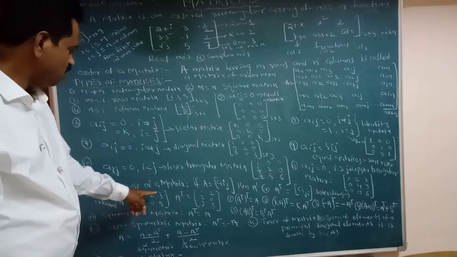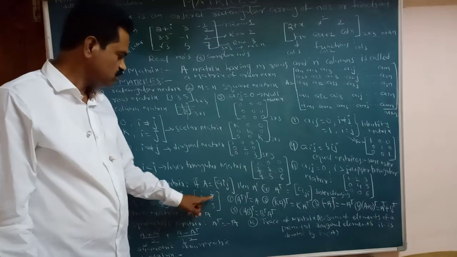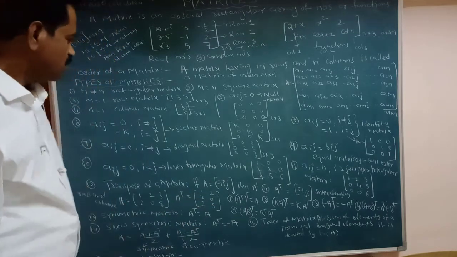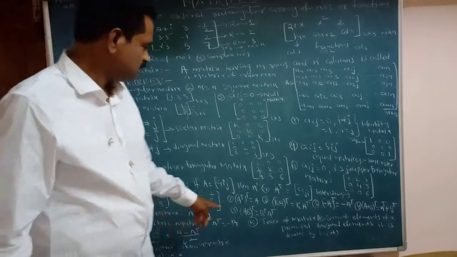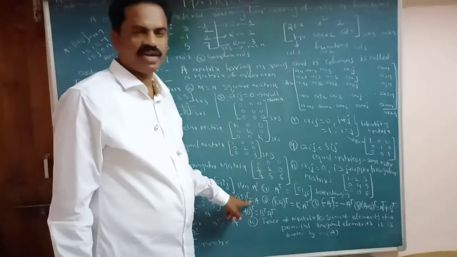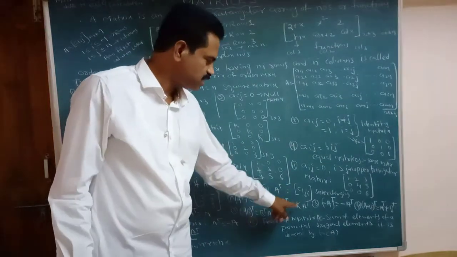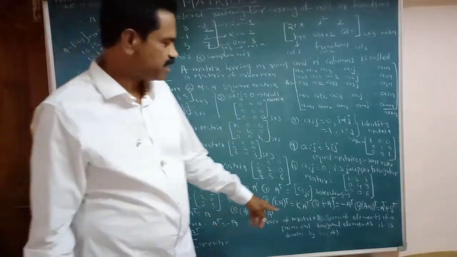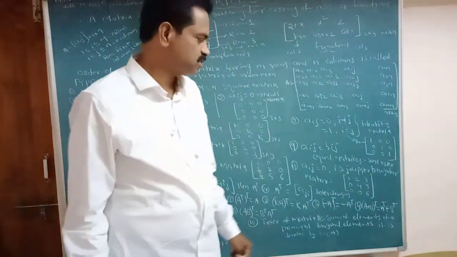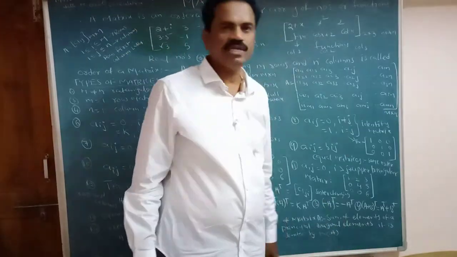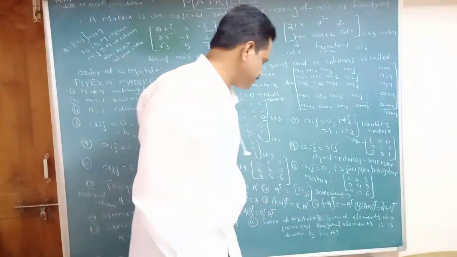So if A equal to 1 2 3, 2 0 5, A transpose we can write here as 1 2, 2 0, 3 5. Here some important points are written in transpose of a matrix. A transpose whole transpose is what here? A. kA whole transpose equal to k A transpose, where k is a constant. And third one, minus A whole transpose is minus of A transpose. And fourth one, A plus B whole transpose equal to A transpose plus B transpose.